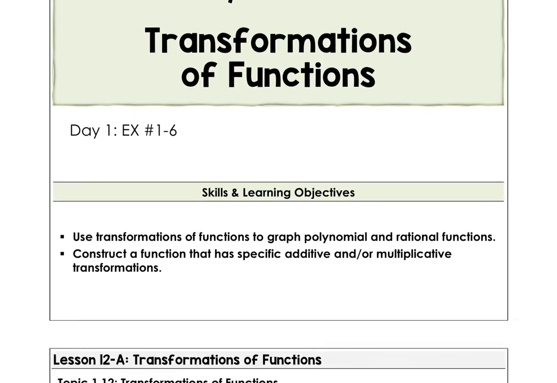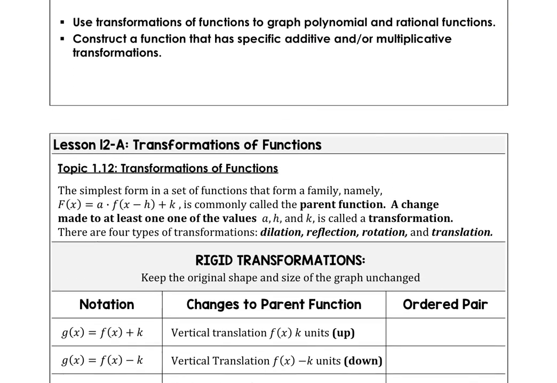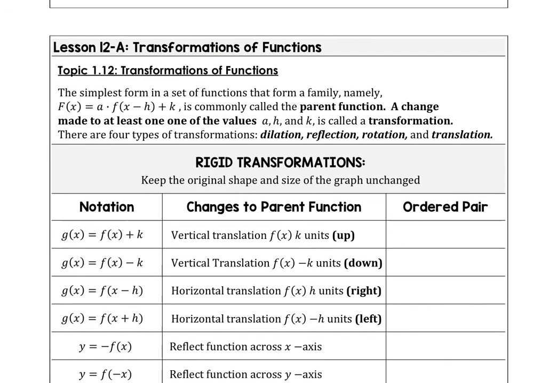Today we're going to look at transformations of functions, first beginning with rigid transformations from the parent function. We know that there are 4 types of transformations, either dilation, reflection, rotation, or translation. Anytime we change one of the a values, h values, or k values, that's called a transformation of the parent